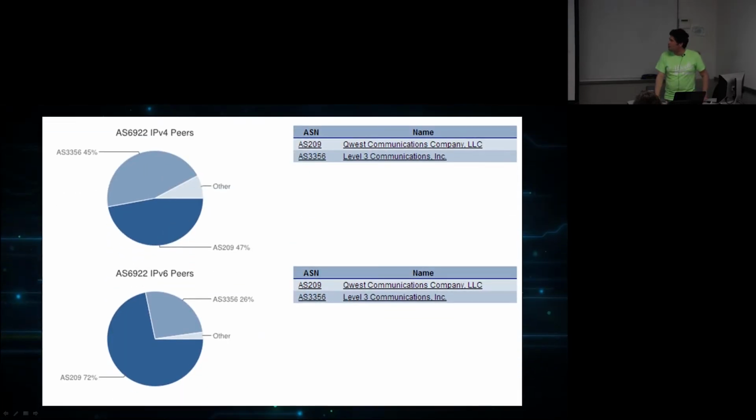So let's go see who that peer peers with. A lot of peers. And you can see that they peer both on an IPv4 and v6 level with Qwest and Level 3. And then from there, if we go and look at Qwest Communications, you see that there's hundreds of different peers. But the thing is, this is public peers. UT might have a bunch of private contracts that we don't know about, and they route traffic through. But this is what publicly is available that shows us the peering contracts and whatnot.